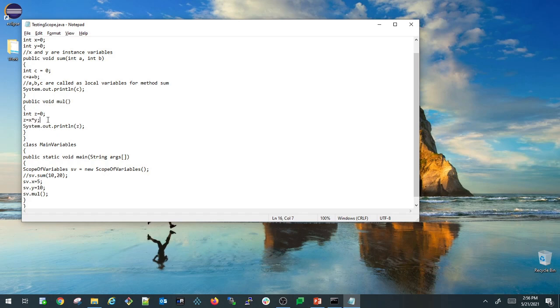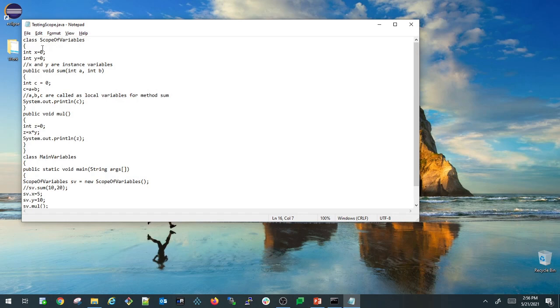These x and y are declared inside the class but outside the method, but still the method is able to access these variables because the scope of the instance variables is the class. That is the reason I'm able to access those variables directly inside the mul method, and I'm just printing 5 into 10, which is 50, directly here.